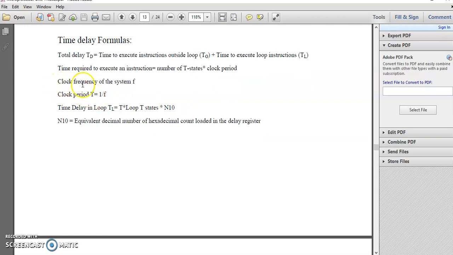So suppose the clock frequency of the system is f, then the clock period T equals 1 by f.